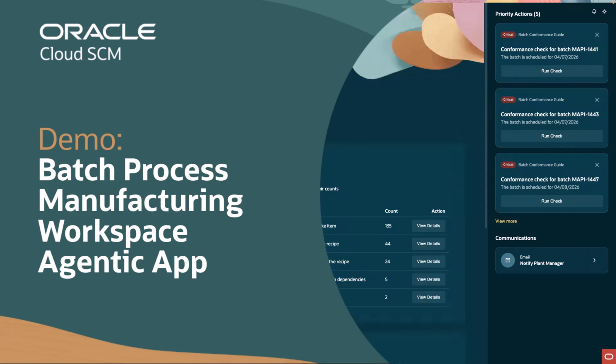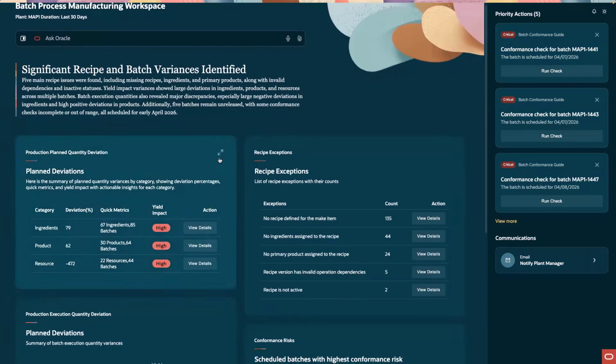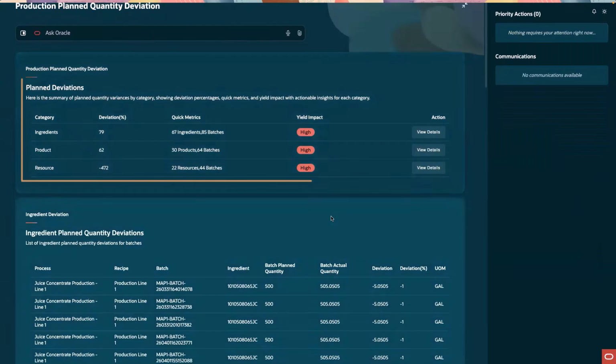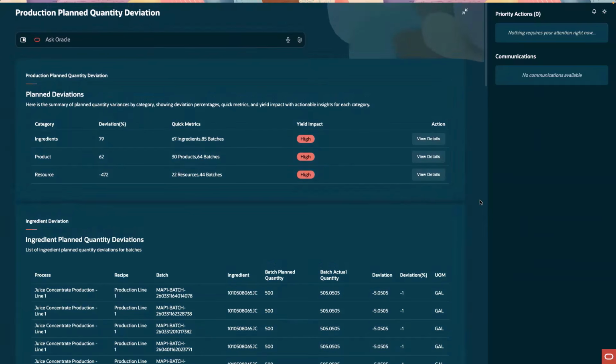This demo shows how the Batch Process Manufacturing Workspace Agentic application monitors batch operations to detect issues early and guide corrective actions. Marie, a process engineer, opens the Batch Process Manufacturing Workspace and reviews a summary of prioritized recipe and batch issues and risks. She expands the expected production deviations panel to understand whether the deviation impact on yield is